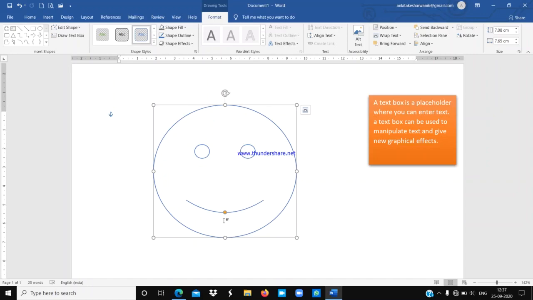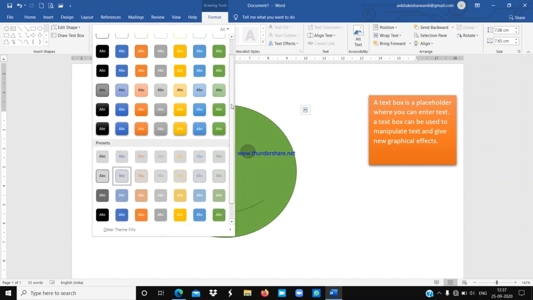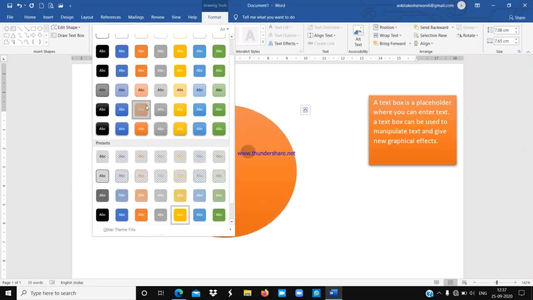Now you have to click on the More drop down menu to select an option from the more shape styles. Here you can see the drop down menu which is used to select more. You can choose any one, and I am using yellow, because smileys are yellow.